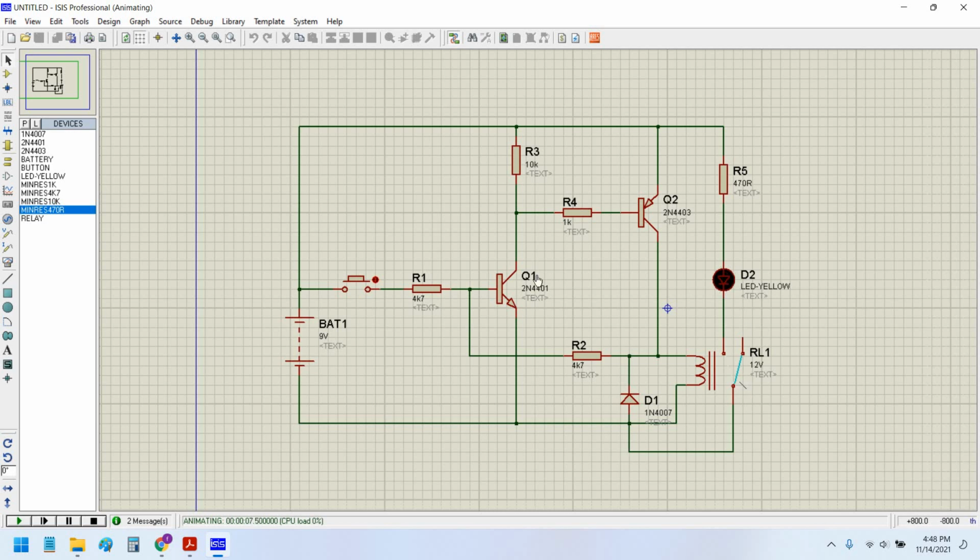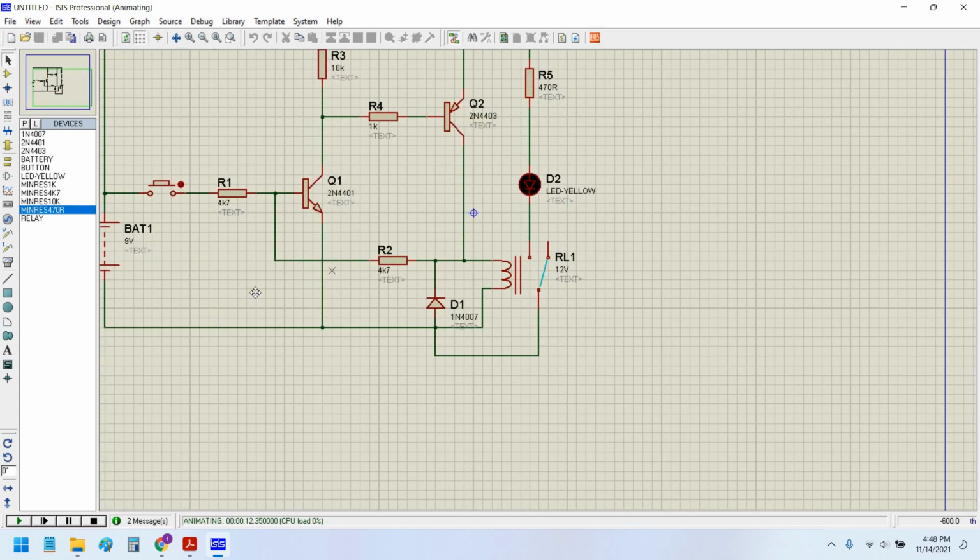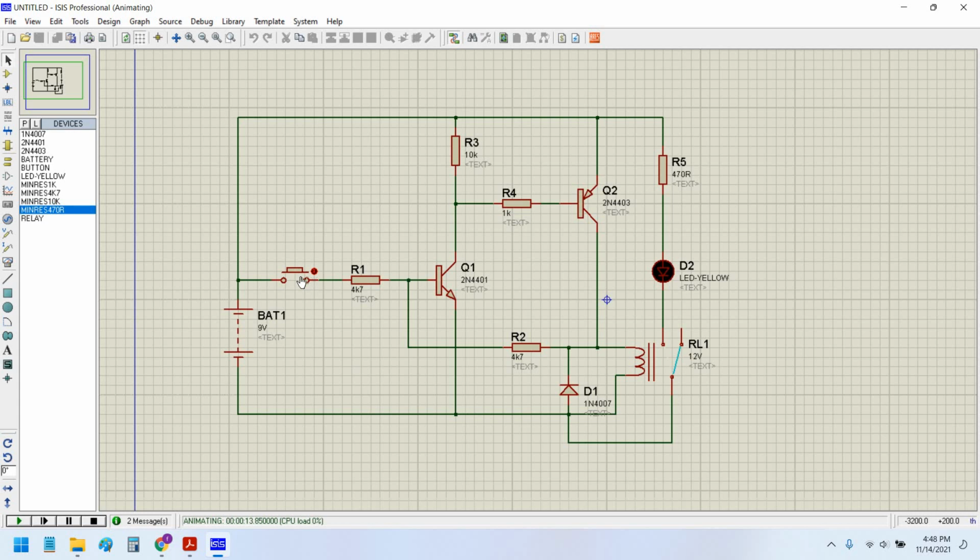The LED is off, and as you see, the relay plunger is on the right side, in light blue color. Now as I push this push button and release it, the LED would permanently turn on, and the relay plunger would hit the left side permanently.